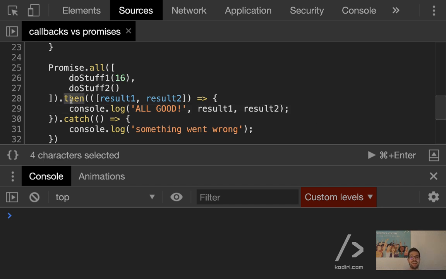So then, when using promise.all, the then will only run if every single individual request works. As soon as a single request fails, even if it's the last one, then the entire chain is miserably ruined. Correct.